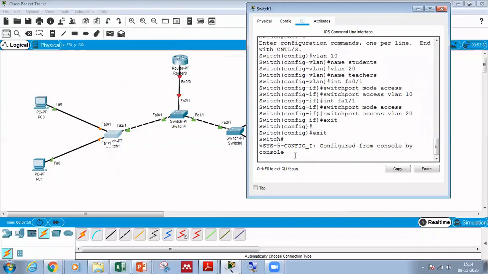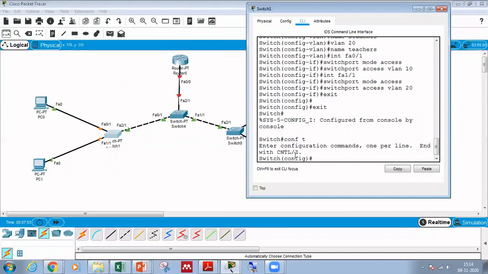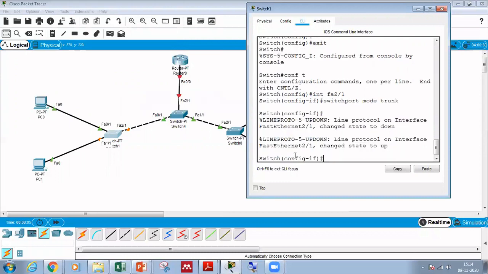We'll come to the trunk port. We'll go to the configuration mode, interface FA2/1, and configure it as switchport mode trunk. So this side I have made a trunk.